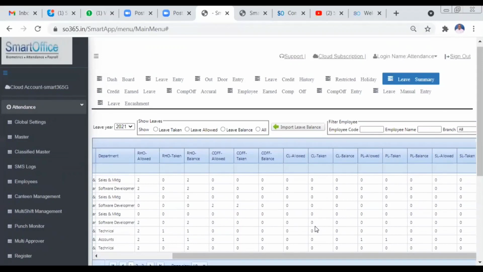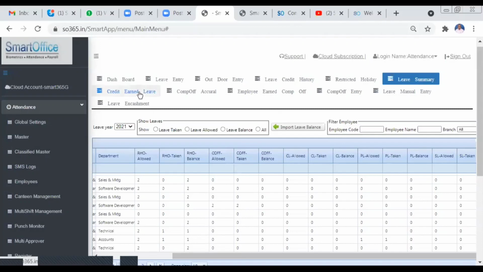That is comp off, restricted holiday, CL, PL, SL, EL, or other leave types. How many leaves have been allowed? Allowed means how much allotment has been given, and how much is taken, and how much balance is left. So this is the leave summary.